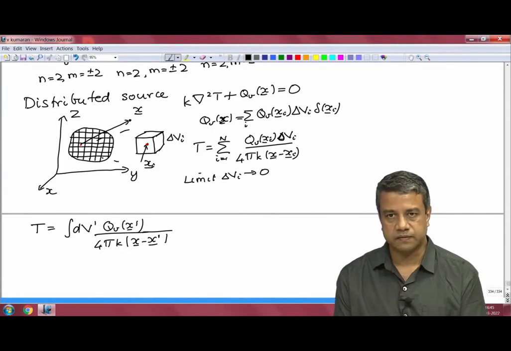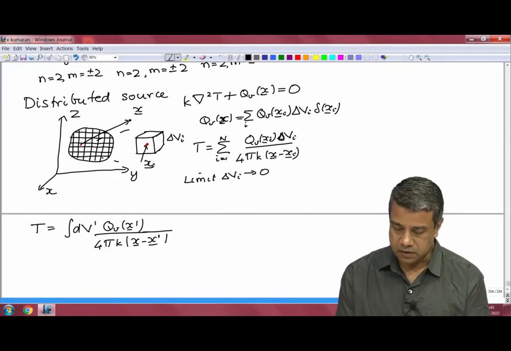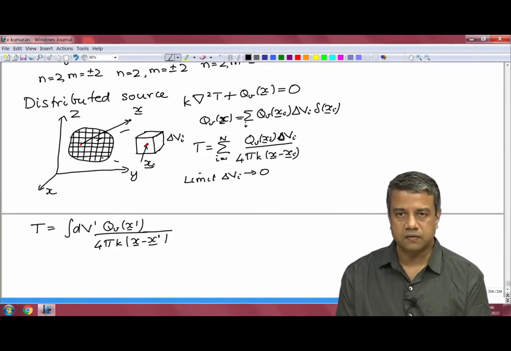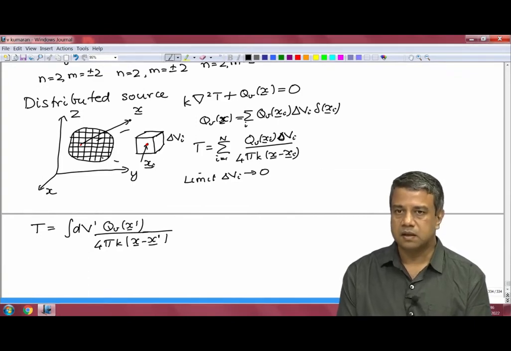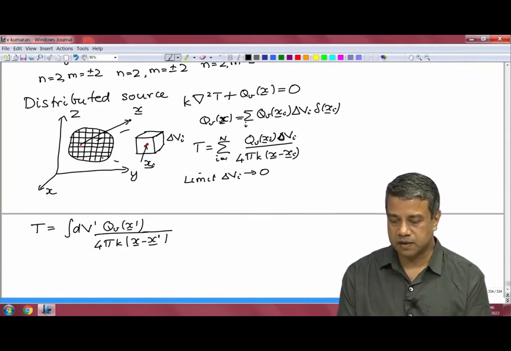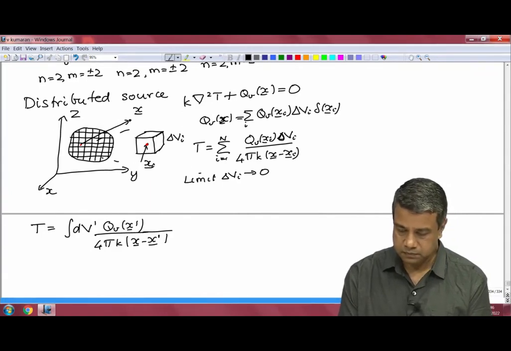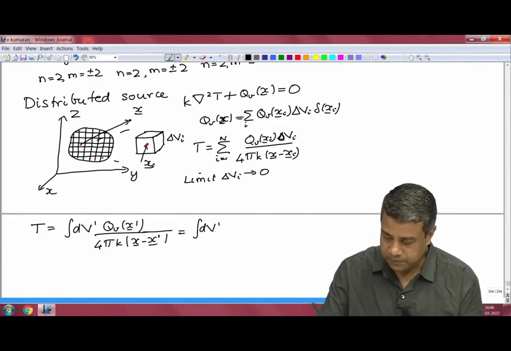So, this is the temperature field at the location x due to a volumetric source. You integrate over the entire source domain the local source strength divided by 4 pi k into the distance between the source and the observation point. And I can also write this as the integral dV prime of g of x minus x prime times qv